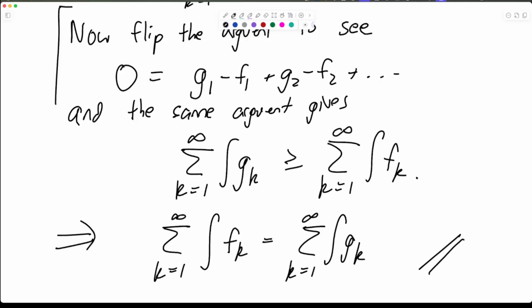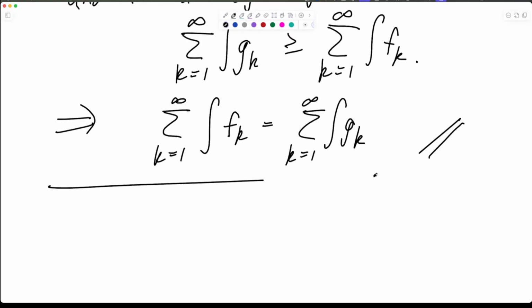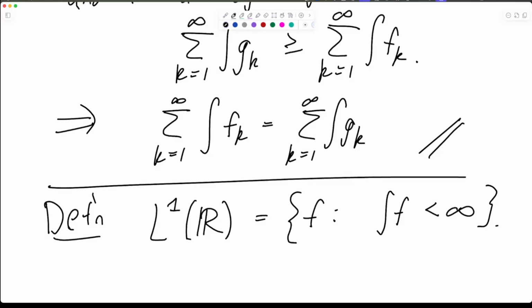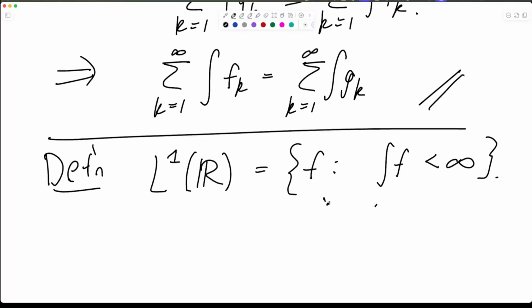Okay, so this finally proves that our definition of the Lebesgue integral, which says approximate it by step functions, but in this weird way, it actually makes sense. You get a final answer that does not depend on the particular choice you found. Any sequence of step functions that is converging to some function f will have the same integral, and so it's a legit thing to do. And so the textbook calls this space L1, like we kind of have been. So the definition: L1 of R is the set of functions f where the integral of f is less than infinity, right? Where the integral of f means this, you can find